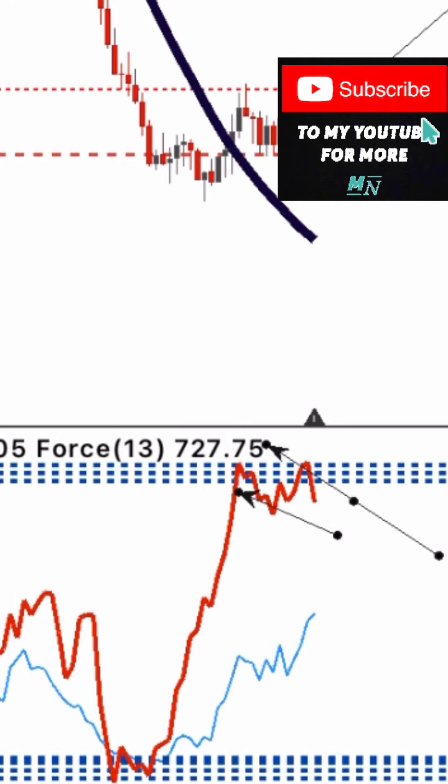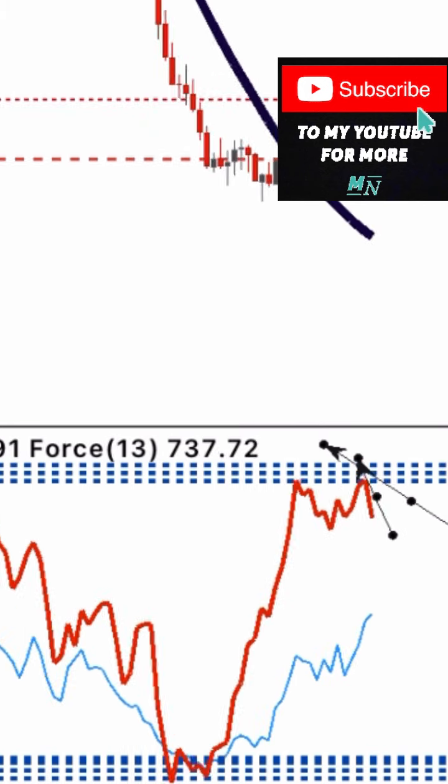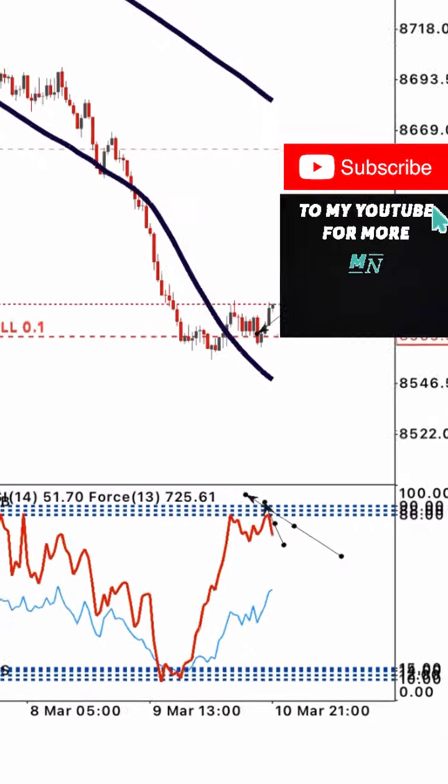But take a look at what's happening. After I placed the sell when it was here, price came down a bit, and the bulls pushed it back a little bit higher, creating a double top at this overbought level. So why is price doing this here? On the main chart, price is really going higher against me. You can see what's happening on the main chart.